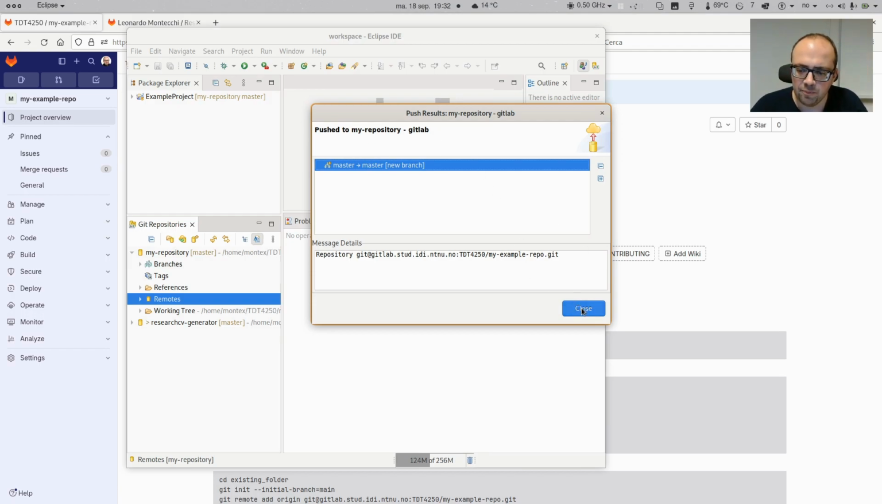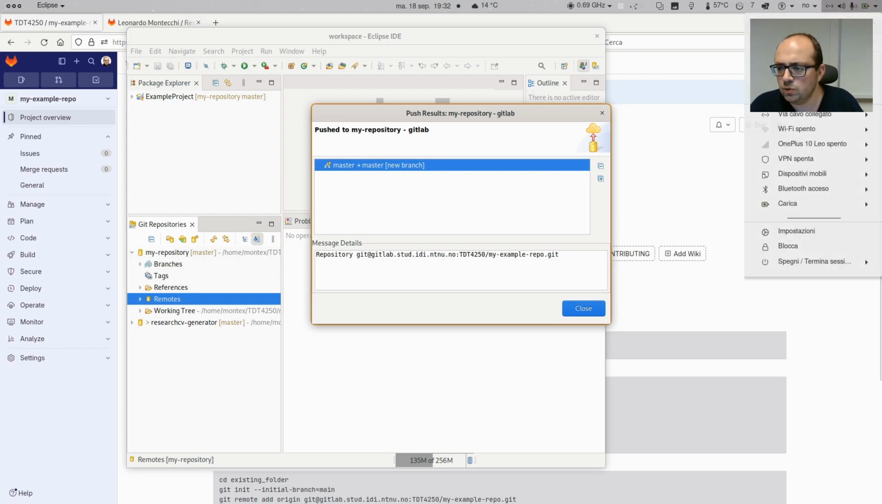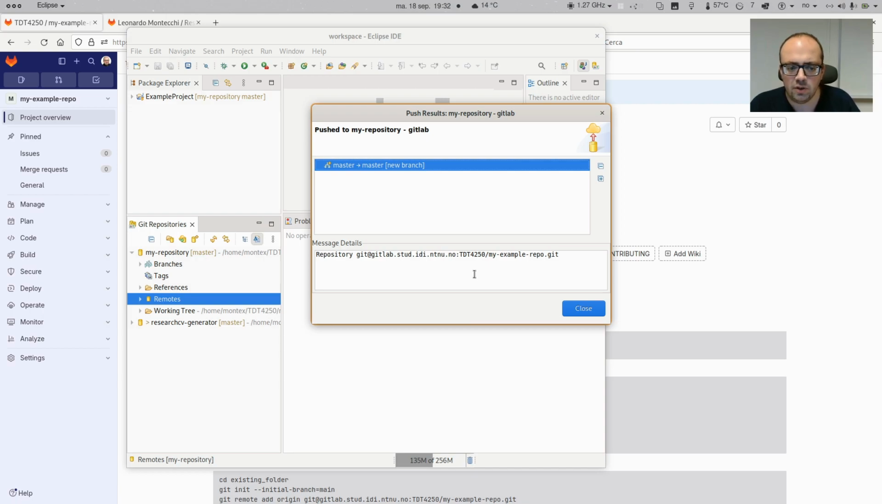So if you see this, it means it has worked. If you have some errors here, you may need to check if your login configuration with the GitLab is okay, if your private key is okay, and also if you are outside the university, outside NTNU, you may want to check your VPN, so you may need to use the VPN